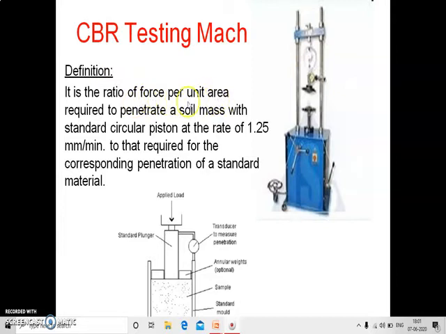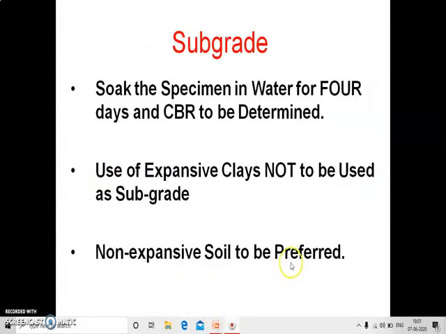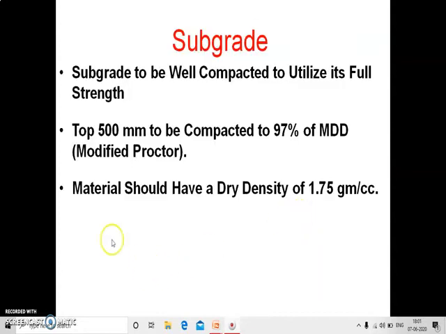I will show the diagram. You see this one, CBR. Then you have to see this one. First one, CBR for 700. This is the y-axis, total thickness of pavement in mm. In x-axis, pavement thickness design chart for traffic 1 to 10 million standard axles, design traffic million standard axles. In y-axis you have to see 700.